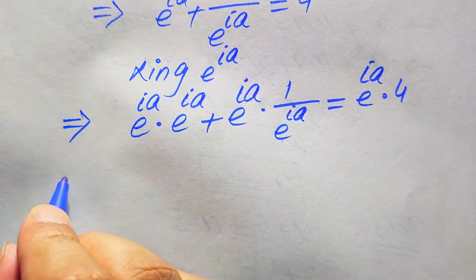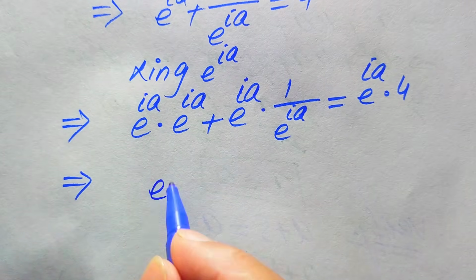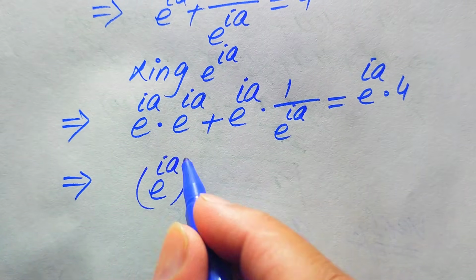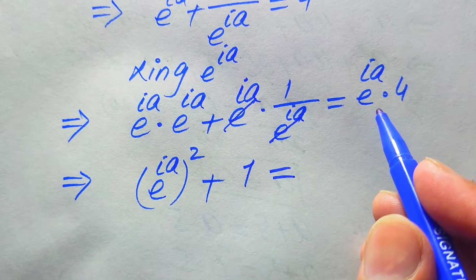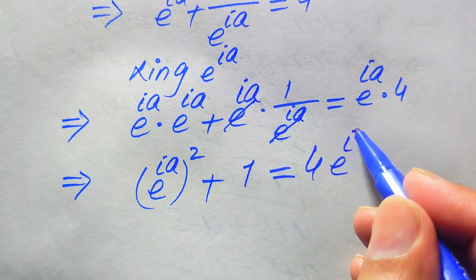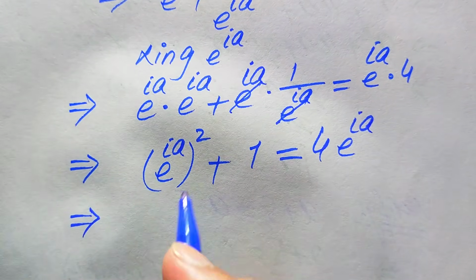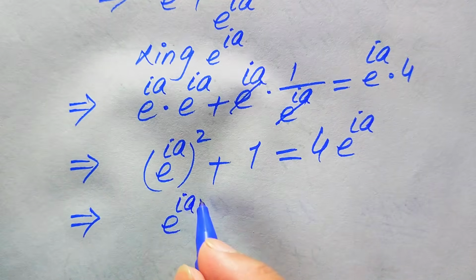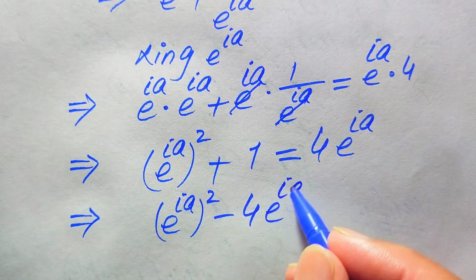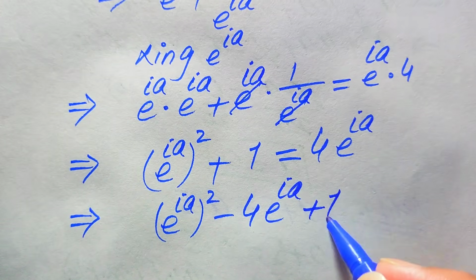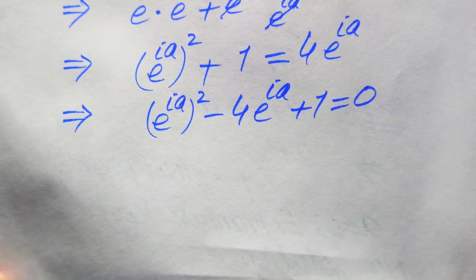So in the next step we have e to the power of iota a multiplied by e to the power of iota a, written as e to the power of iota a and its whole square. This and this are gone and we get 1 is equal to 4 times e to the power of iota a. And now we move the terms from the right hand side to the left hand side. It becomes e to the power of iota a and its whole square minus 4 times e to the power of iota a plus 1, and this whole equation is equal to 0. And now you see here